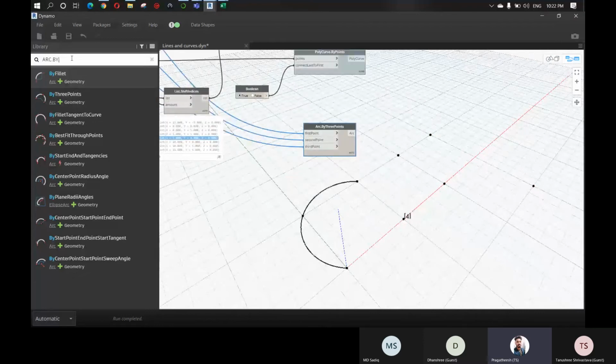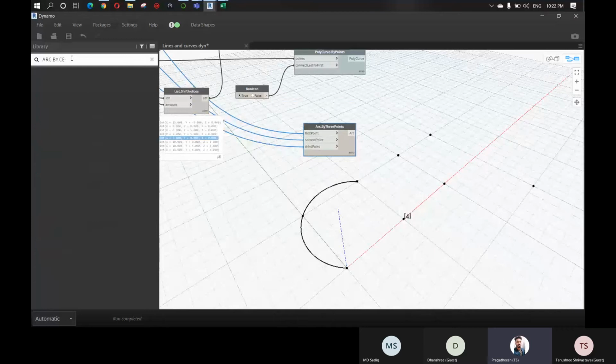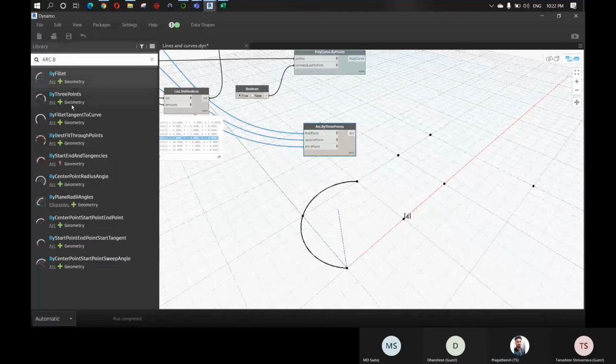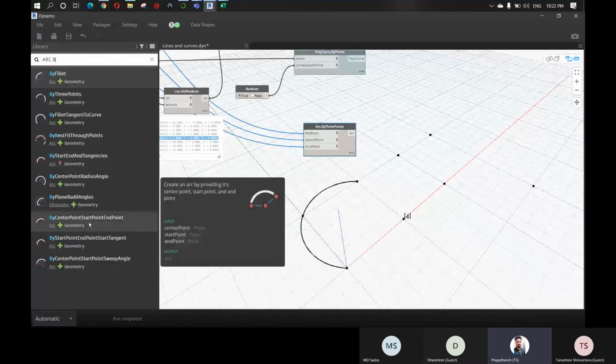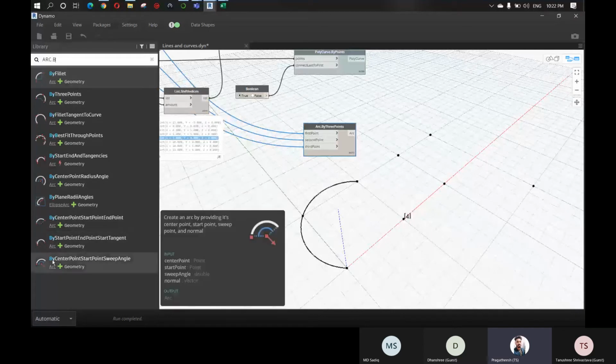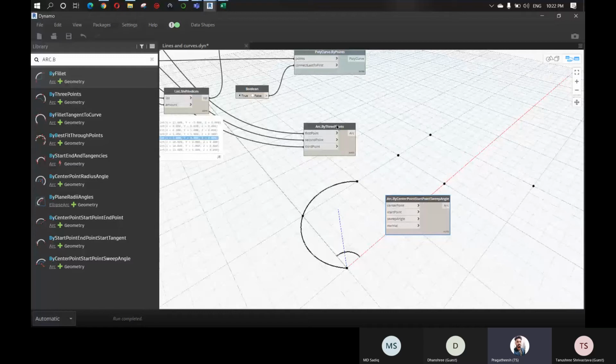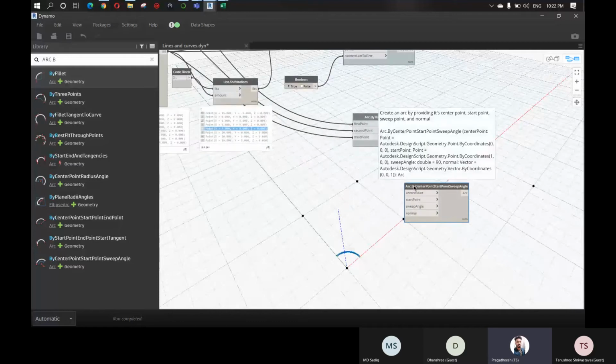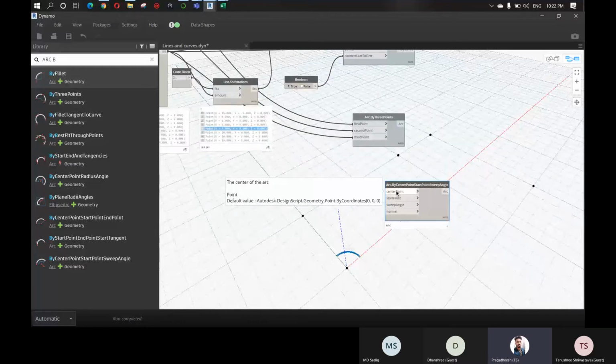Next, I'll show another example. Okay, by center point, start point, sweep angle. Let me hide this one. So we have the center point default, and we have to give the start point.